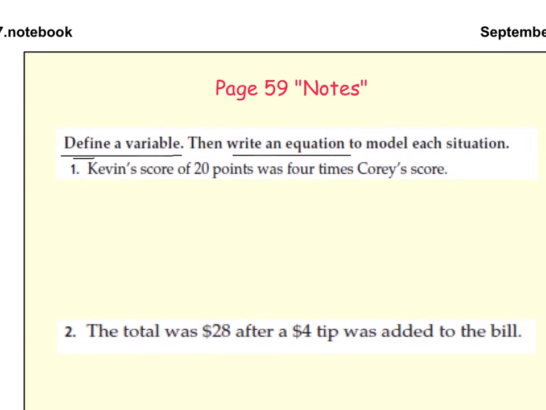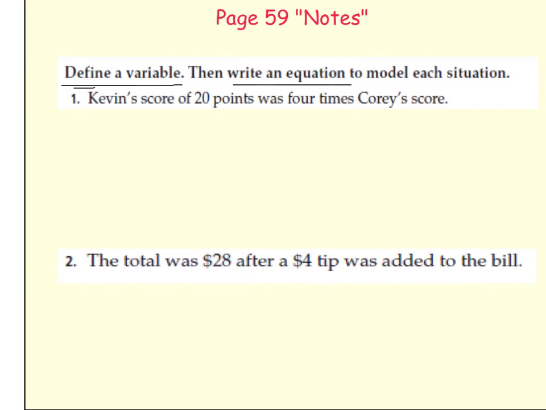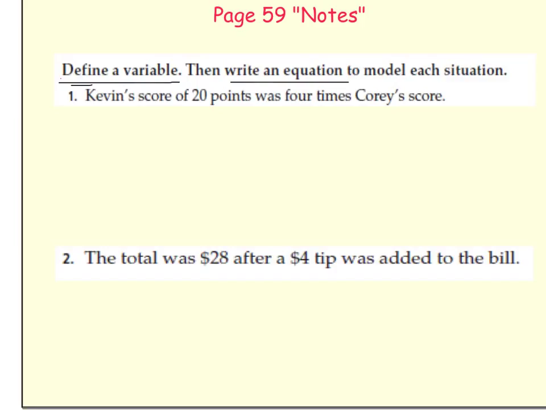On to the next page. We are going to be asked to define a variable, so decide what are we looking for, then write an equation to represent the situation. Kevin's score of 20 points was 4 times Corey's score. So it tells us Kevin's score of 20 was 4 times